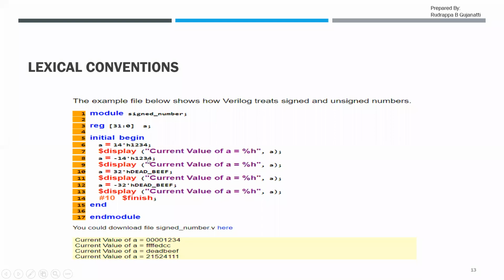Now here, when it is a negative number, we have to remember that it will be stored in 2's complement. That's why it is represented as FFFEDCC. Similarly, others also in the same way. So one important thing to remember is that negative numbers will be stored in 2's complement format. Why 2's complement format? Because I don't have any mechanism wherein I can store the negative sign. Otherwise, it will add an overhead. To avoid such conditions, we make use of 2's complement.